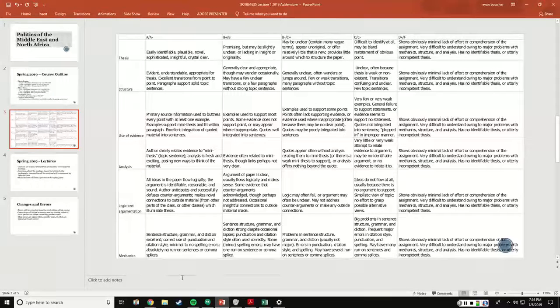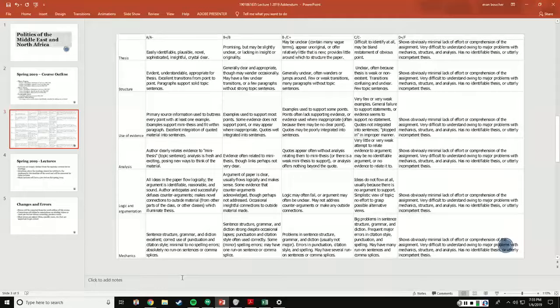And part of the reason I like an essay test is I feel like it helps you express yourself a little better. Multiple choice might be easy to grade as a professor, it might be easy to take as a student, but my hope here is that you will develop your skills to evaluate arguments and understand the world in a new way. And the 6 things that I'm grading you on are your thesis, your structure, your use of evidence, your analysis, your logic and argumentation, and your mechanics.